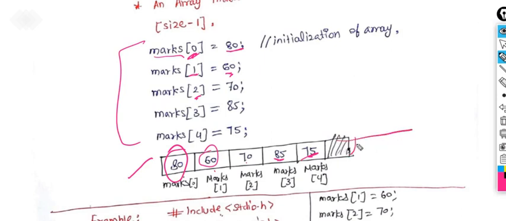The leftover memory will remain contiguous, but we have to store only up to the size because we have the marks size up to that point here, right? So the remaining part could be anything else, but we have to work over here up to that point only, right? So this is the initialization part. There are multiple ways to initialize the array. This was the simplest way to initialize the array, by going to the particular location and storing the value.